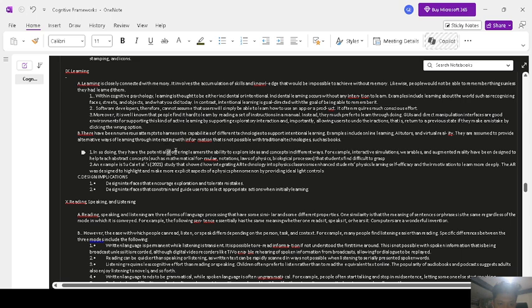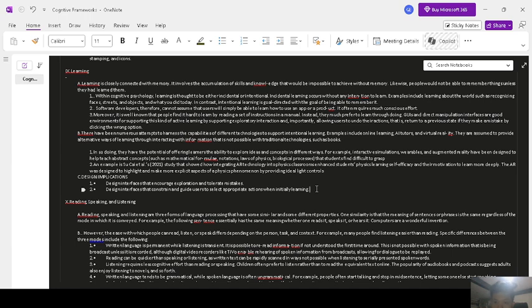In so doing, they have the potential of offering learners the ability to explore ideas and concepts in different ways. For example, interactive simulations, wearables, and augmented reality have been designed to help with abstract concepts such as mathematical formulas, notations, laws of physics, and biological processes that students find difficult to grasp. Because of the limitation of our memory, it's hard to learn something since you can only focus on one thing at a time.